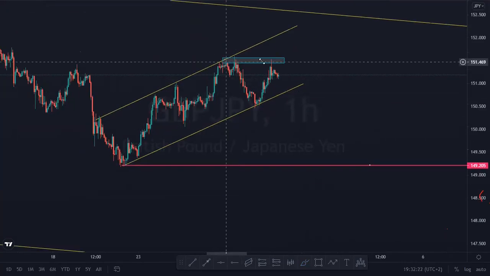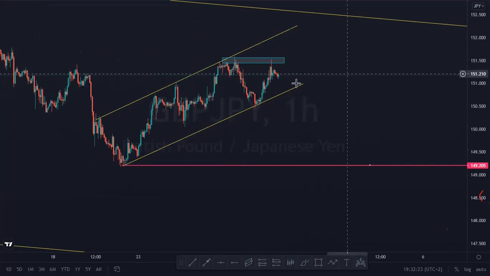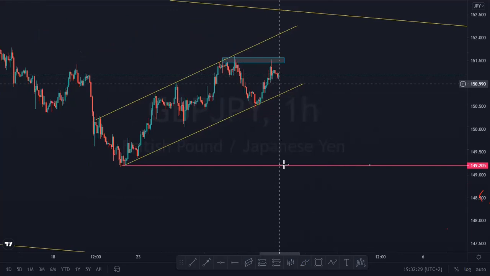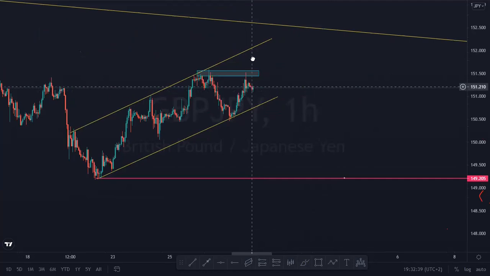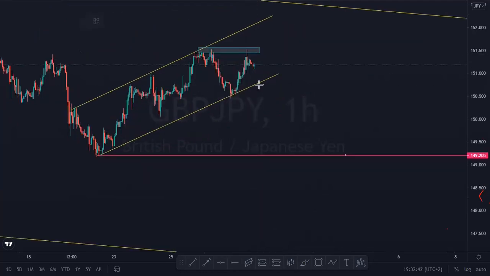This double touch, this double top. You see now, I think now it's clear. The market is going to push down to this target, guys. Or maybe, for instance, if it doesn't push down and starts pushing up, as I predicted at the beginning, if the market starts pushing up,